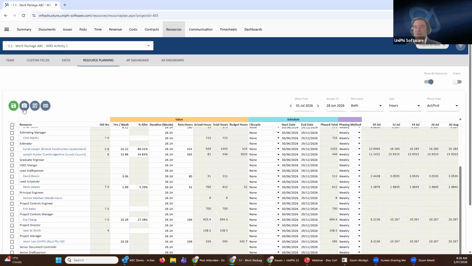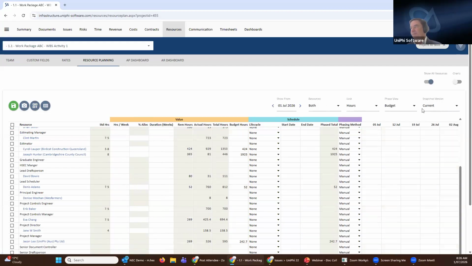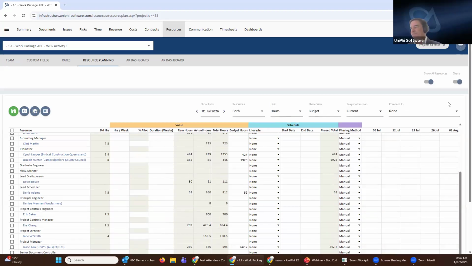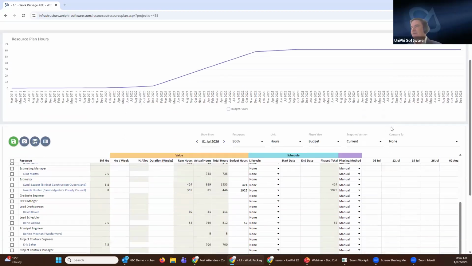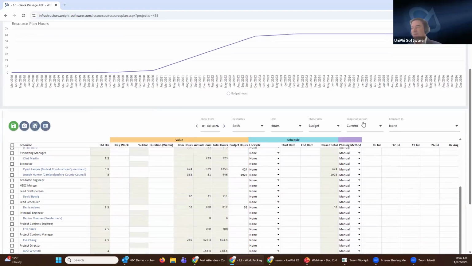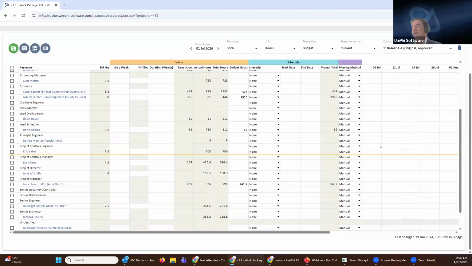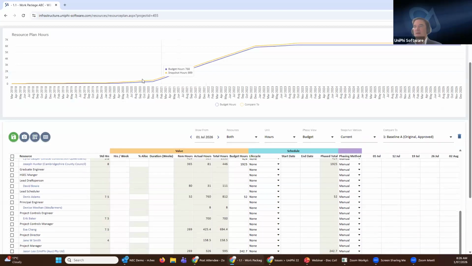The next icon that you see there is the camera icon to create a snapshot. If I was to pivot this now to budget, a couple of extra drop downs come in, one of them being the snapshot version. So if I turn the charts back on, what this enables me to see is that I've got the current snapshot, the current budget version, and a baseline budget version, which is the one that we're reporting on in our charts that we had at the beginning of the session, and I can compare the two. And so I can see one scenario versus another.